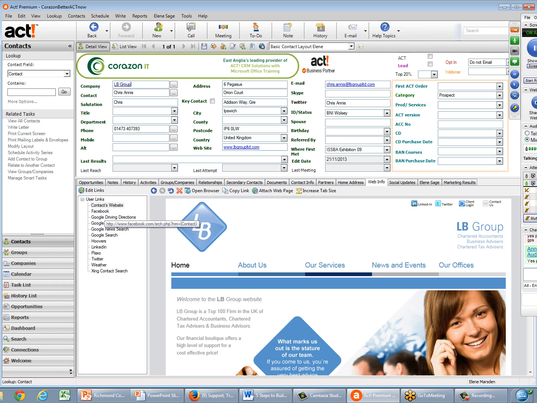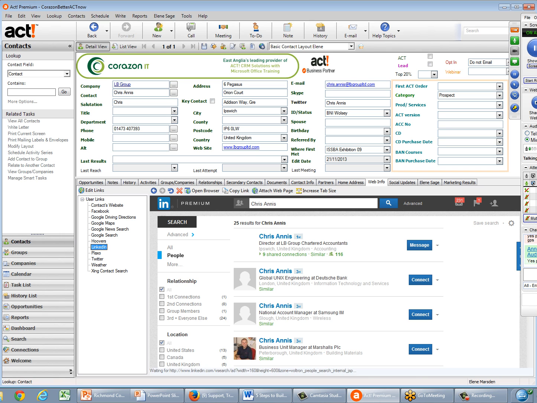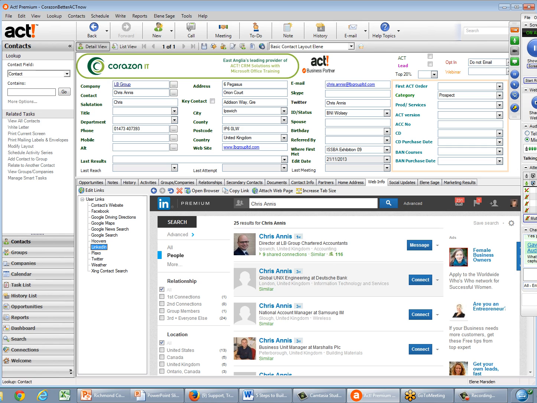Facebook. The only problem with this is it doesn't link to the Facebook business page. It's a Facebook profile, so I don't use it for that reason. Driving directions, pretty self-explanatory. The LinkedIn. So I come along to LinkedIn and I take a look. Chris Annis, there's a picture of him reminding me what he looks like. Of course, we've already connected, but I would, literally from there, hit the connect button and just say, just great to meet you. Would you like to connect on LinkedIn, etc. So you do have to log into your LinkedIn profile though in order to have this set up.